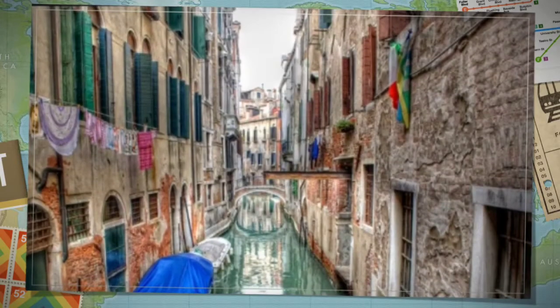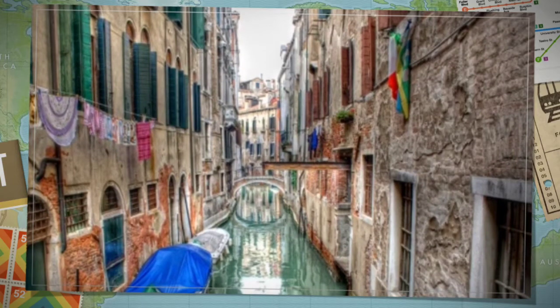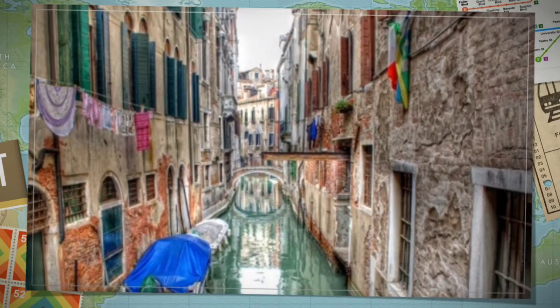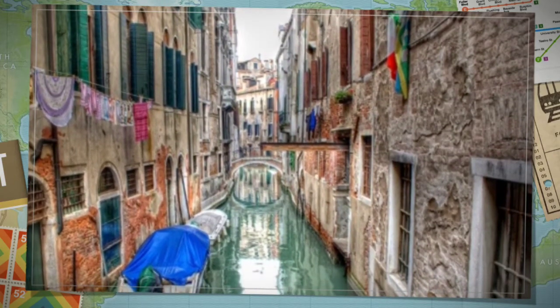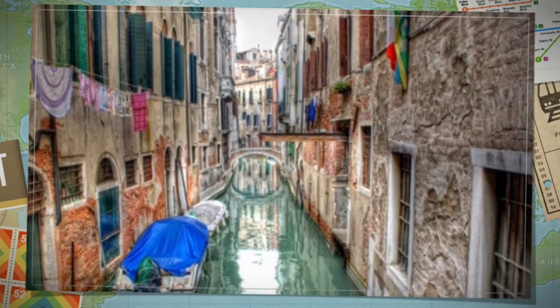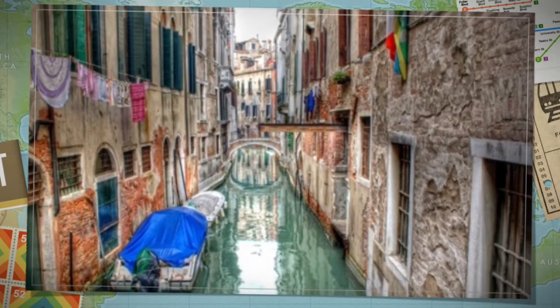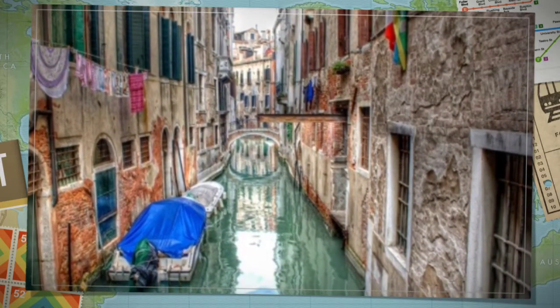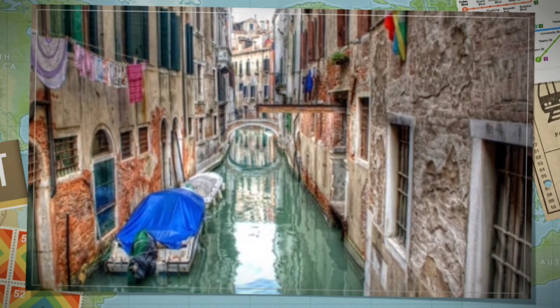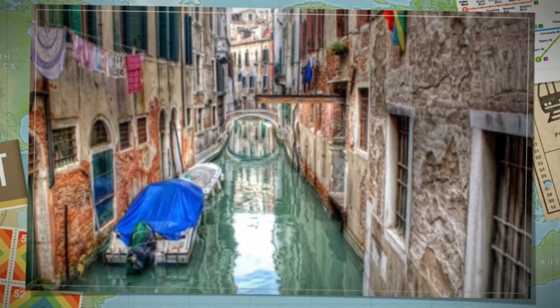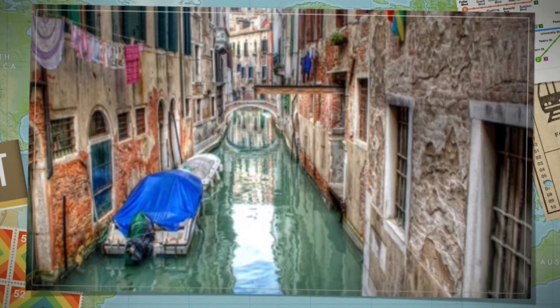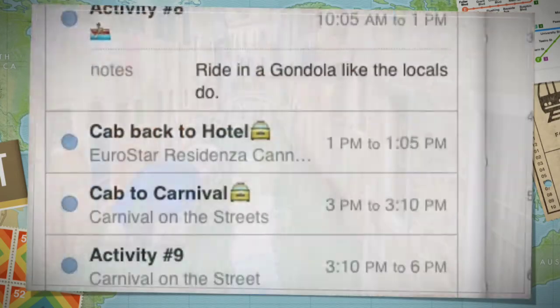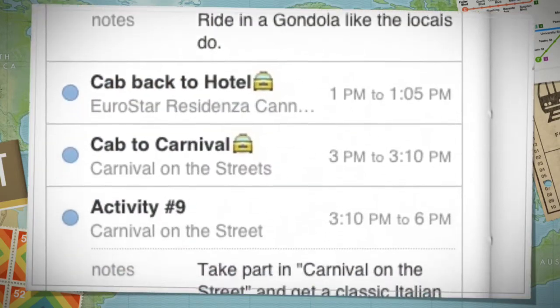Bought the tickets for the gondola ride using language, which is a system of communication through speech. The language we use is part of a language family, which is languages related back to an ancestral language that existed before recorded history, which is a part of a language branch, which is a collection of languages related through a common ancestral language. After that, we'll take a cab back to the hotel and rest, then a cab to Carnival on